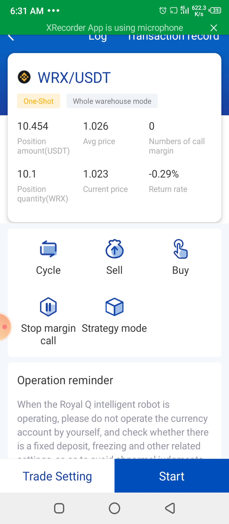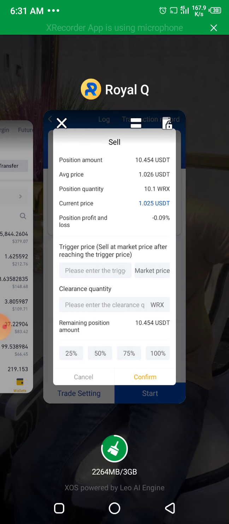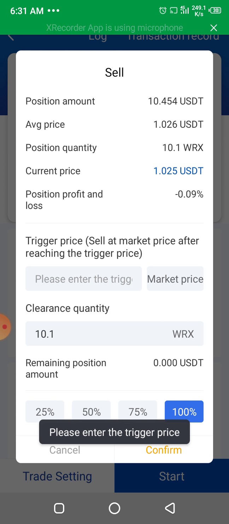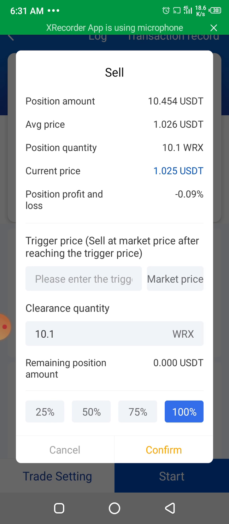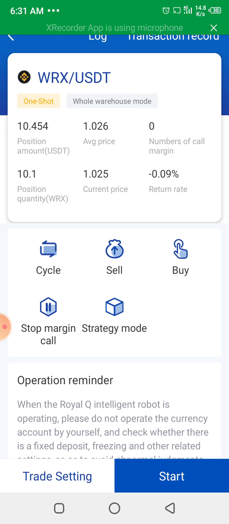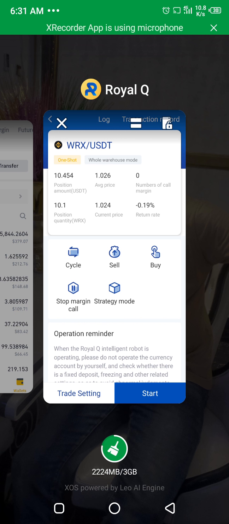Okay, that's how to recover it. All right, if you click on sell here, so that's how to sell it. That's how to recover our USDT in